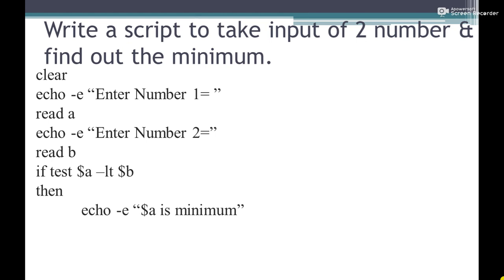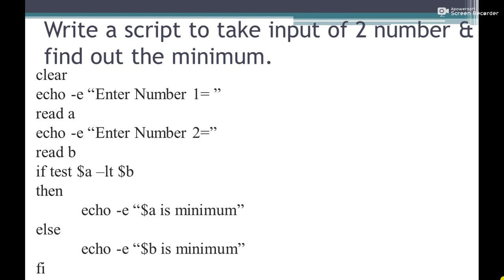And if this condition, $A less than $B, gets false, then it will go into the else statement, that is echo -e "$B is minimum". And then we will close our if by reversing the characters, fi.